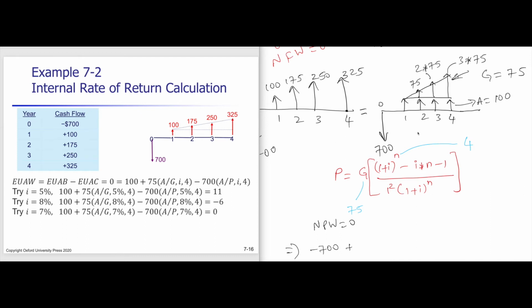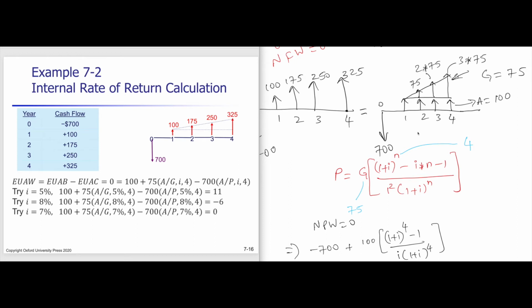So what is P given A? I have to look up that formula. I just wrote it somewhere here. Yes, A times (1 plus I to the power of n minus 1) over I times (1 plus I) to the power of n, where n is 4. Am I right? It's plus I to the power of 4. That's correct. So this is for A,